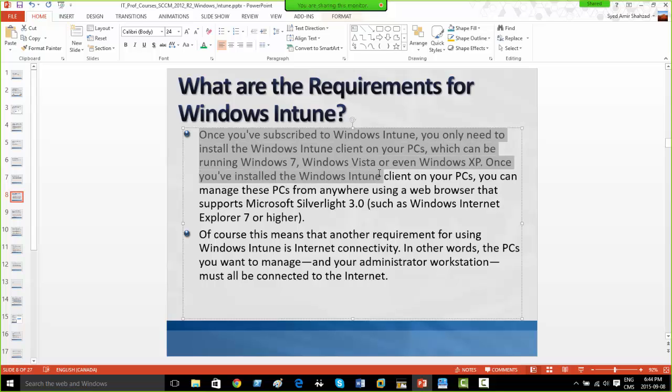Once you've installed the Windows Intune client, so it's not the SCCM client, it's the Windows Intune client. Oh yeah, Microsoft Intune client, exactly. But it's not going to be the SCCM client, and we will see that error as well. Then we're going to remove the client and try to install the Intune client and try to access that. Then later in part 2 we're going to be integrating Active Directory,